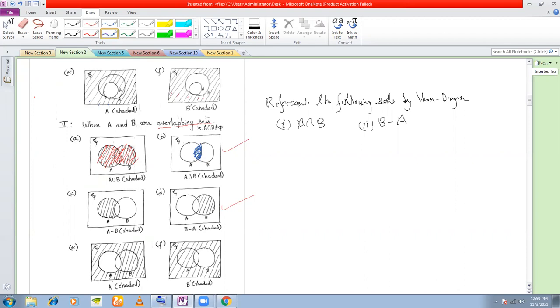A minus B consists of elements that are there only in A. So what I am going to do is I am going to exclude this set B. The entire set I am excluding because none of the elements of B can be in A minus B. And I only shade this part. And I leave out the common part also between A and B. Okay, so A minus B represents that part. Clear with this? Can I move on to the next one? Yes, sir.